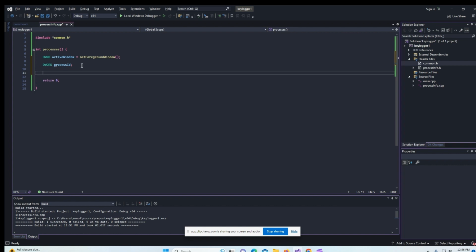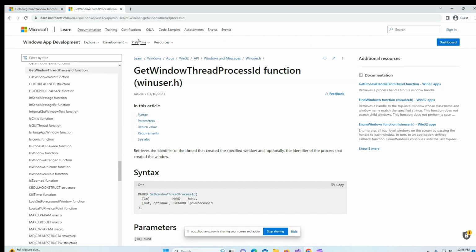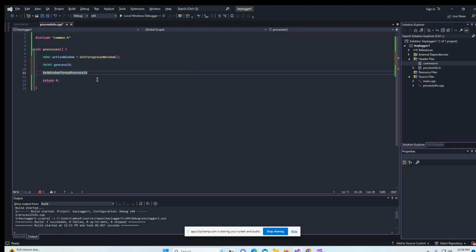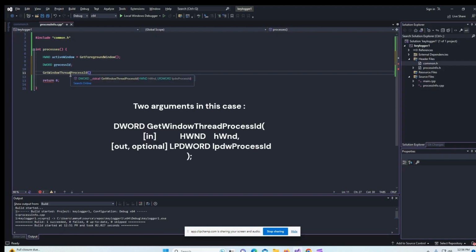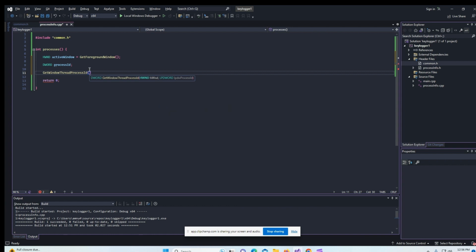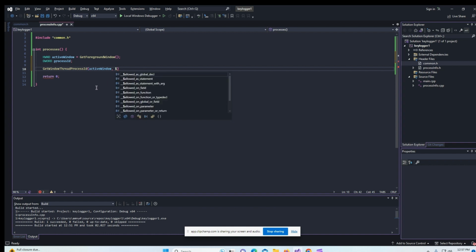And we're going to say GetWindowThreadProcessId. Look at that, it's already here. And it's just getting the process ID. So now it looks for, I believe, 2 arguments. It could be 2, I'm not too sure. But we want to get the process ID of activeWindow, and activeWindow is representing the foreground window, and we want to store this into processID